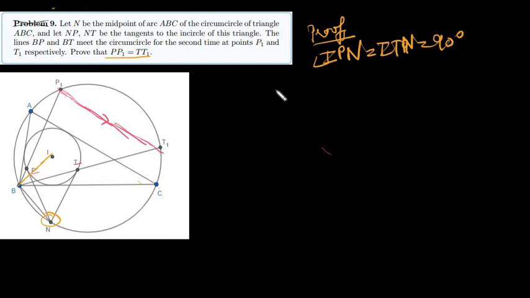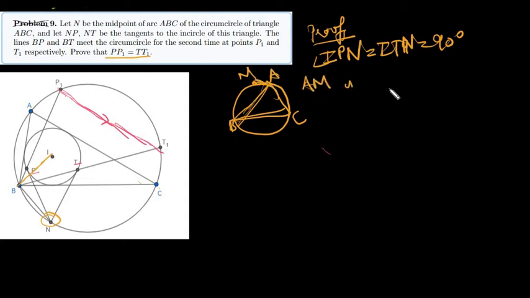We did it in the previous video, that for example, if I have any triangle ABC here, so trying my best to not mess it up. So if I have ABC and the midpoint of this arc right here, so we learned that AM is the angle bisector. You can check out my first video, which was on the IMO 2021 problem. We learned that AM is the angle bisector